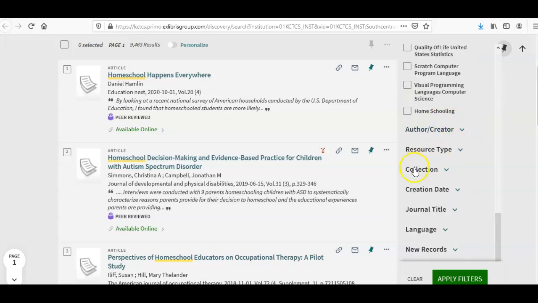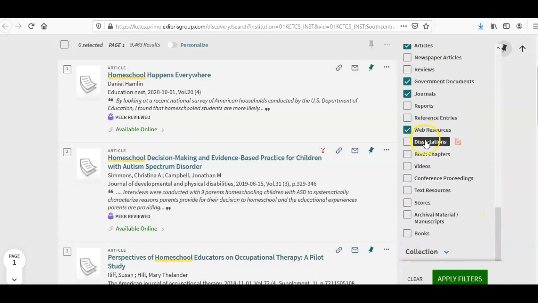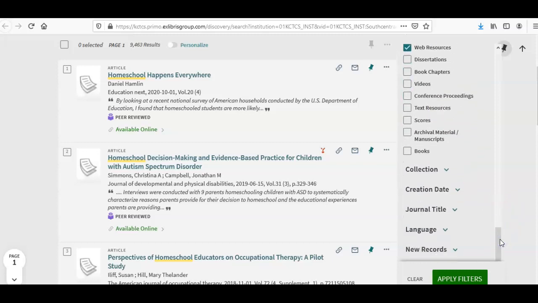And it just keeps going forever. So the resource type, I could do articles, let's see, news on it, journals, and government documents. Let's do web sources too and just show you. There's also people who've done dissertations on it, so that's pretty cool. That's when you're in your doctoral work, and they have a lot of sources in those that you have to use while you're doing your dissertation. So if you could find a good dissertation on homeschooling, you can actually use some of the sources in there and look those up as well.